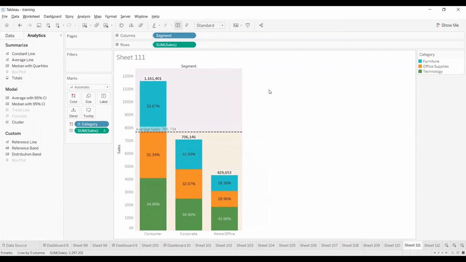This average considers the overall view, and this one is called the cell level, meaning each individual data item we are calling a cell. This is called the reference lines concept. We can add any number of reference lines. There is no limitation as of now. But in earlier versions, before version 10, we could only add 3 reference lines.